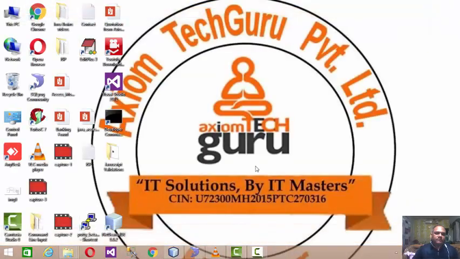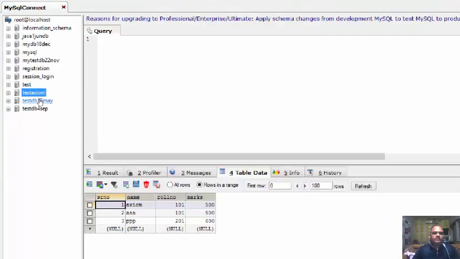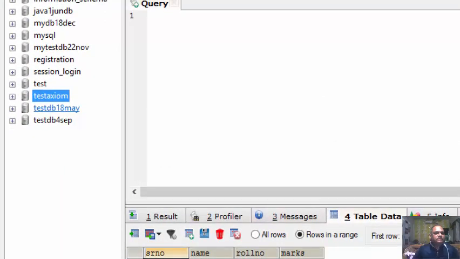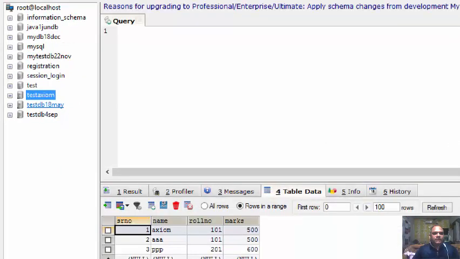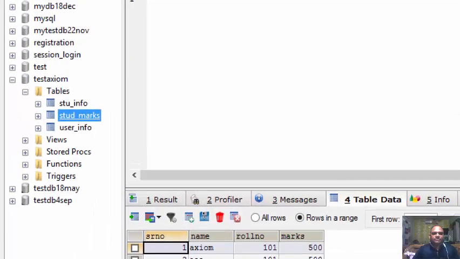For demonstration, I have a database. I created a database in the MySQL server by the name of TestAxiom. TestAxiom is the name of the database, and inside that I created a table by the name of student marks.